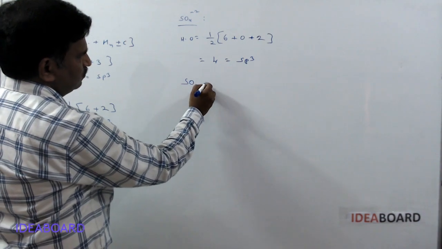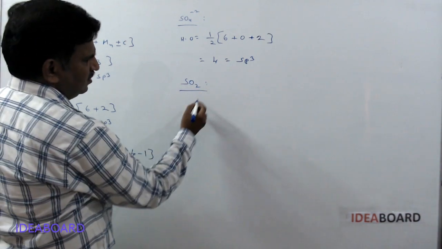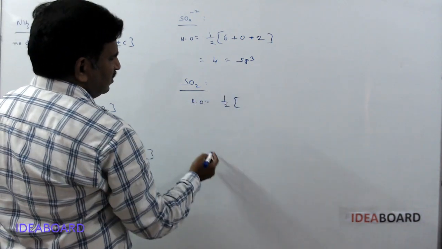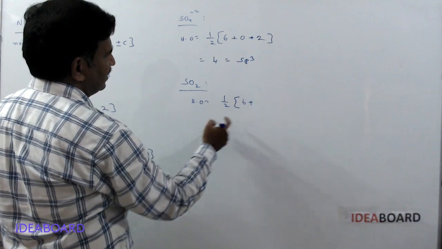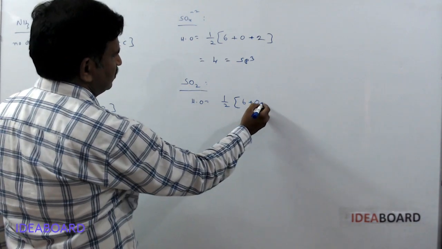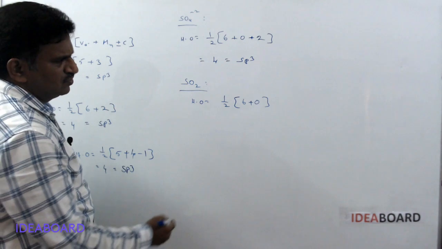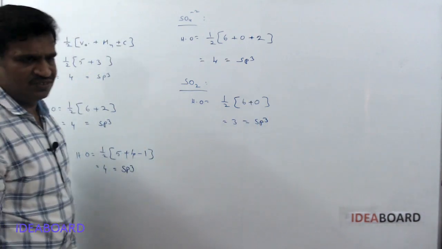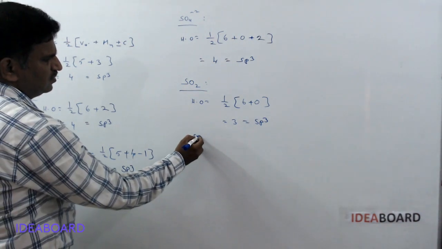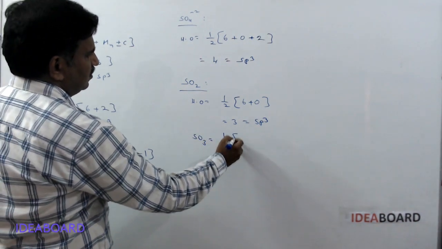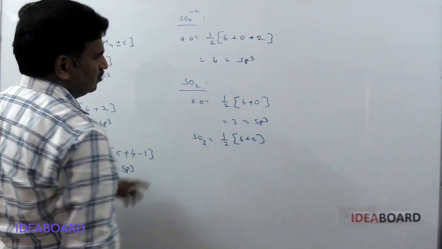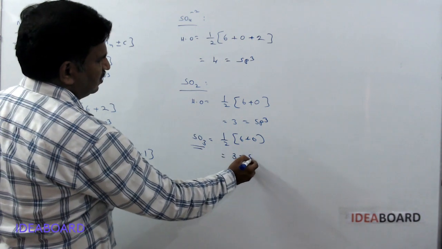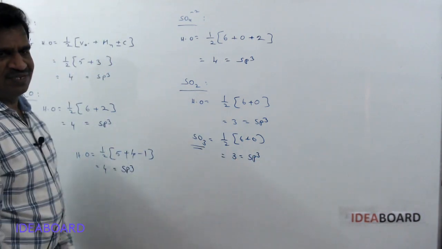Suppose you are having the SO2 molecule. For SO2 molecule again, number of hybrid orbitals is equal to half into, here sulfur is sixth group, plus monovalent atoms are 0 and no charge. So 6 by 2 means 3. So it is sp2 hybridization. Even if you are taking the SO3 molecule, here half into 6 plus 0, no monovalent atoms for this. So here it is equal to again 3. So this is also sp2.